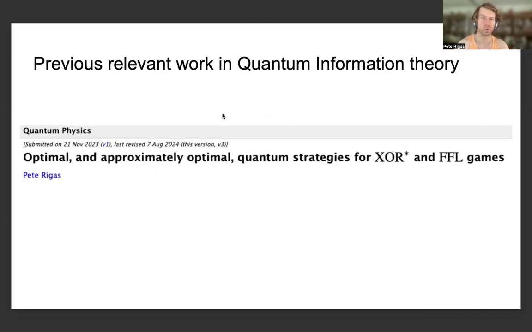And the previous relevant work, like I've been describing, that I wanted to reiterate in quantum information theory is this paper that's been under review at a very good journal that I'm hoping to hear back from soon. But they really have a lot of great topics that I felt were appropriate for this type of work. And basically, I was looking at characterizing exact and approximate optimality for XOR* and FFL games and how that relates to the